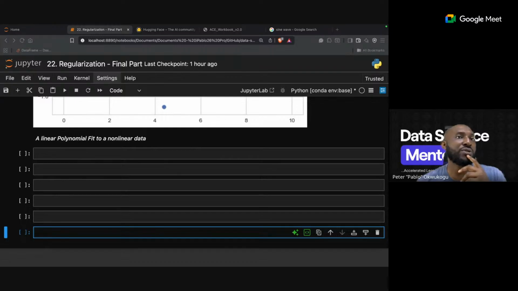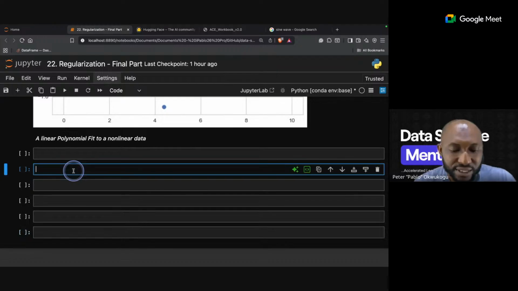But what I'm going to do is create something called a uniformly spaced Gaussian feature. So that's what we're going to do. To do that, I will first say from sklearn,